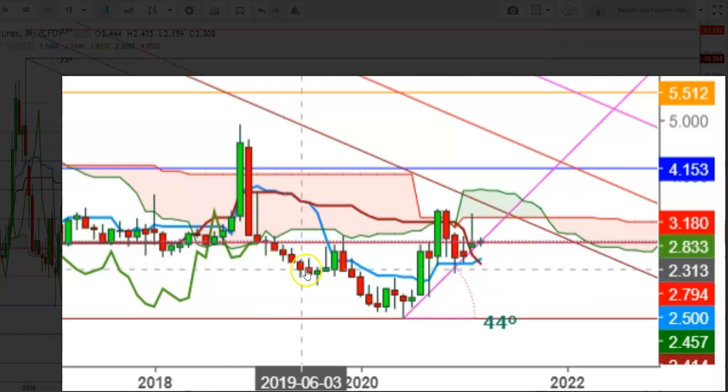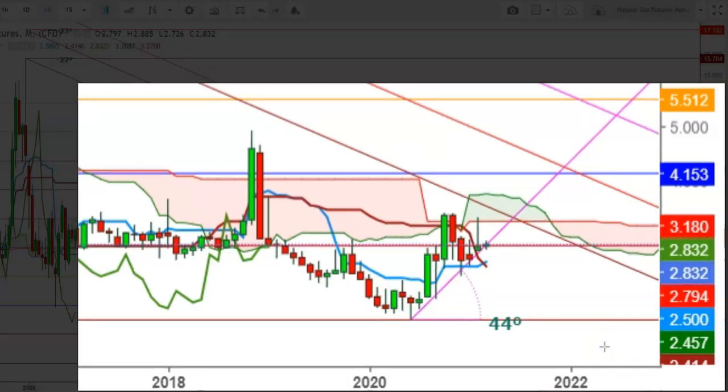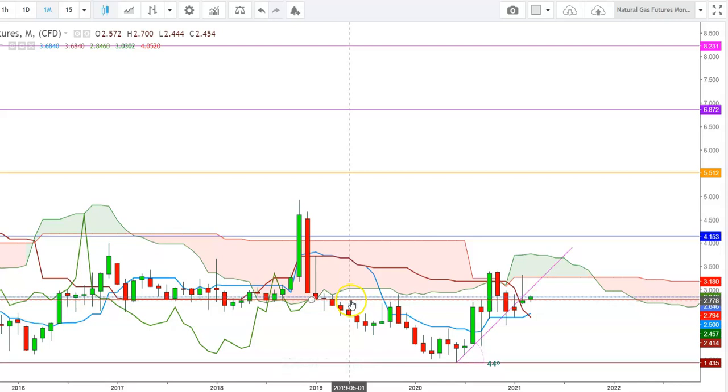So here you can see how the natural gas futures behaved amid this zone. You can see that the level of $2.794 seems to be an important decisive level for natural gas futures. Now let me zoom this portion for you. So friends, here you can see that the level of $2.794 seems to be an important decisive level for natural gas futures, because here you can see how the natural gas futures behaved during the month of November